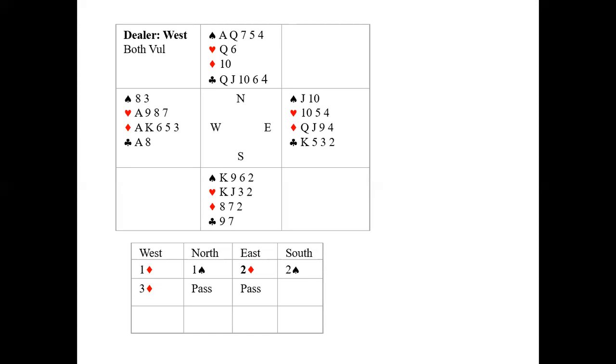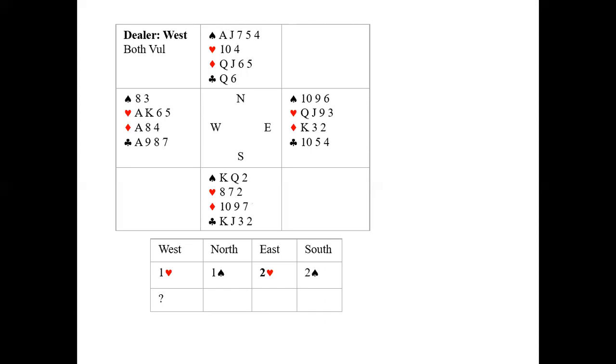So if North and East pass, it comes back to South. But South, because their partner has overcalled promising a 5-card suit, suspects that they have at least a 9-card trump fit, so they should be more willing to bid 3 spades in this auction. Okay? So that really is an example of the conclusions that come out of the...